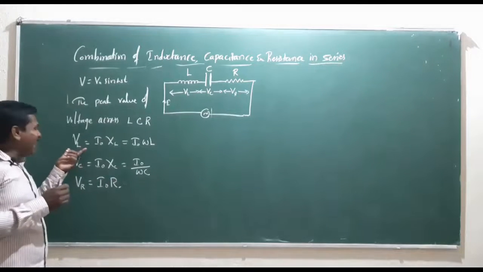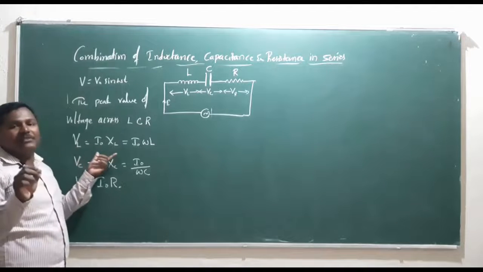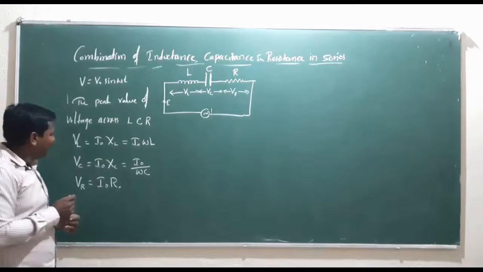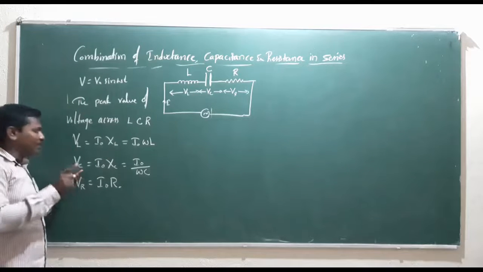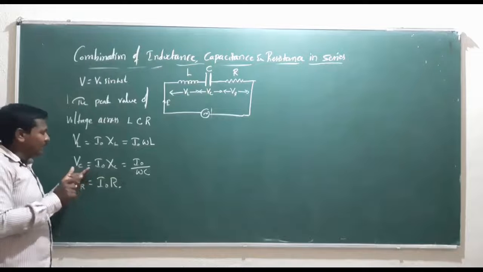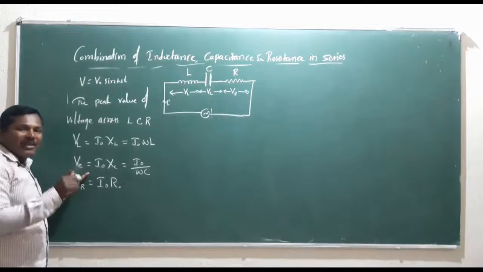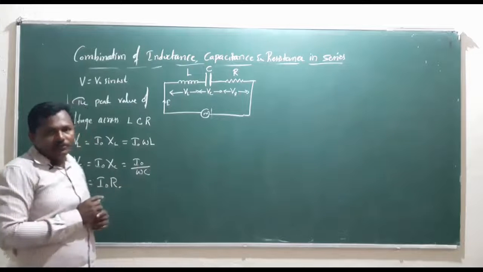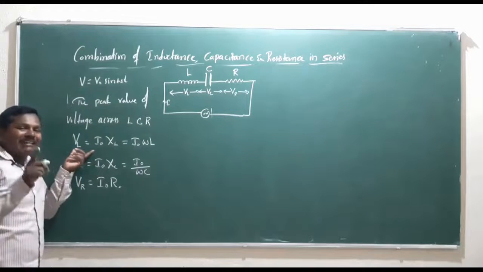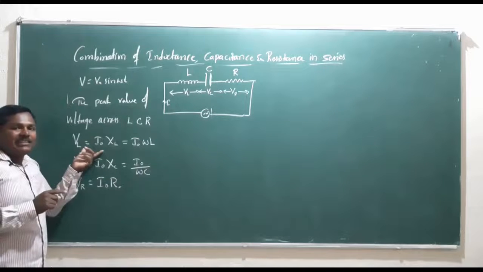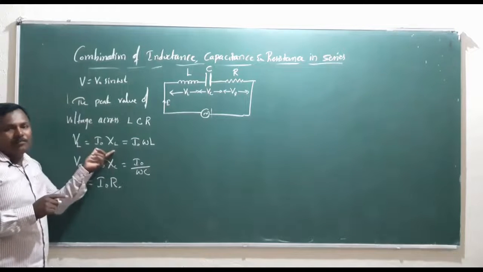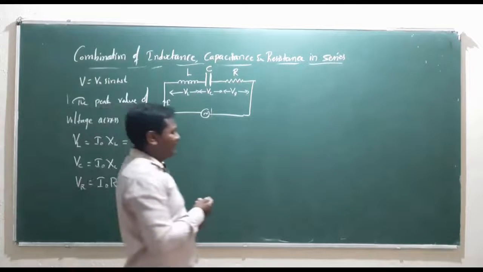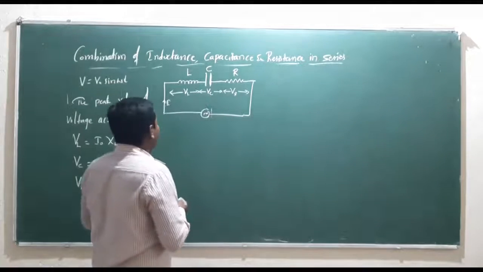The voltage across the inductor has a phase difference, its value is pi by 2. In case of the voltage across a capacitor, the voltage across the capacitor lags behind the current by pi by 2. Here the voltage across an inductor leads the current by pi by 2. So based on this, we explain the vector diagram. In the vector diagram,